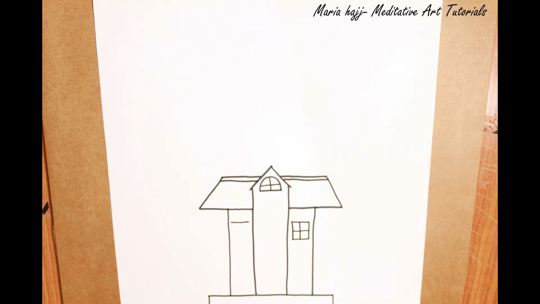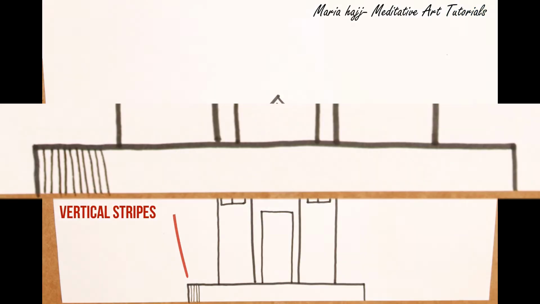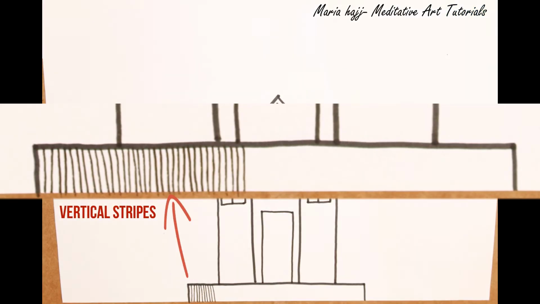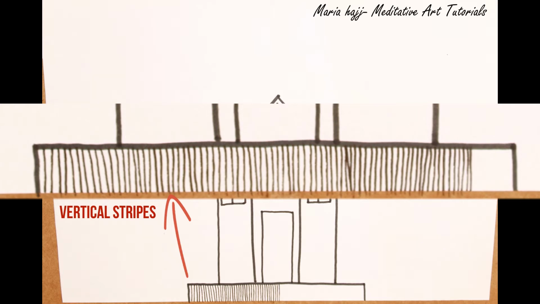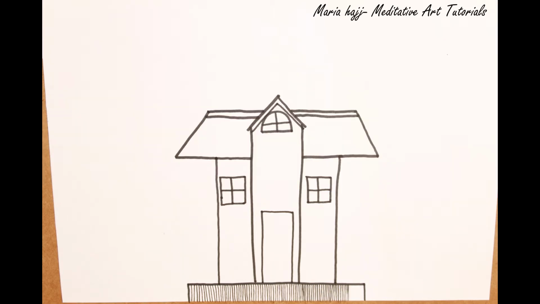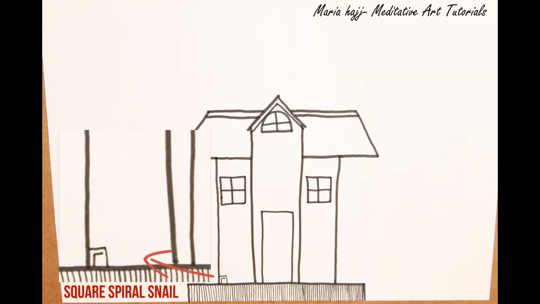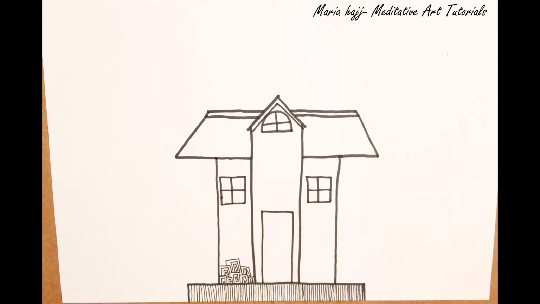One of the windows will be an arc window, and then two side windows that are square with a cross in the middle, and then trace the door and start by tracing or designing the house with patterns. First, I will start by tracing vertical stripes. I have given you the enlarged picture for you to see better, and then on the walls of the house